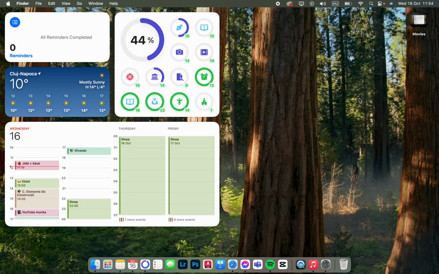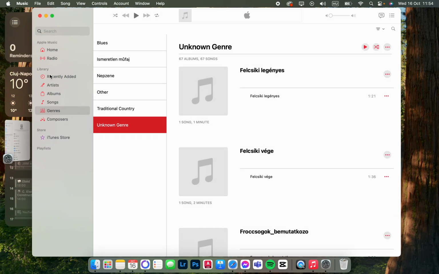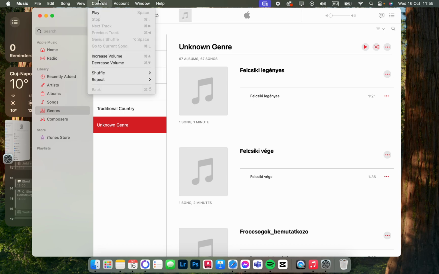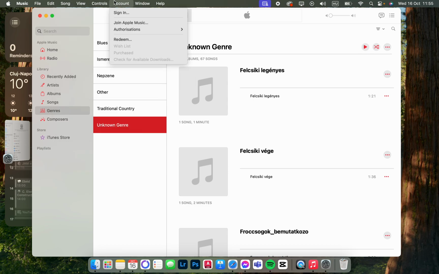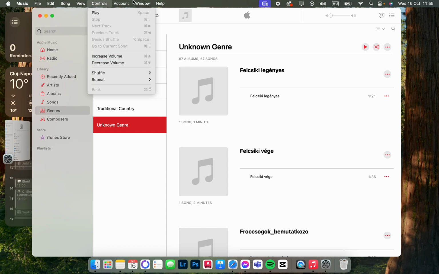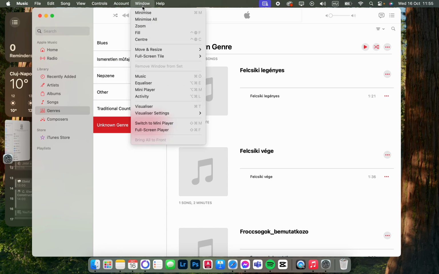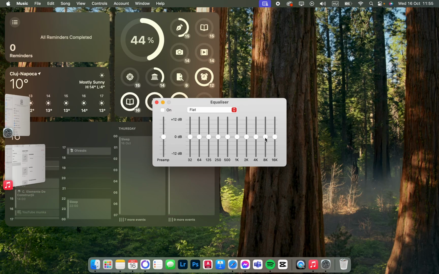In this video I'm going to show you how to set up Equaliser in the Apple Music app. First we have to open up the app, and here it doesn't really matter how it opens up. We just go into the top row, tap on window, and here we have Equaliser. We can also open it up with Option Command E, but we can tap on this, and here we have